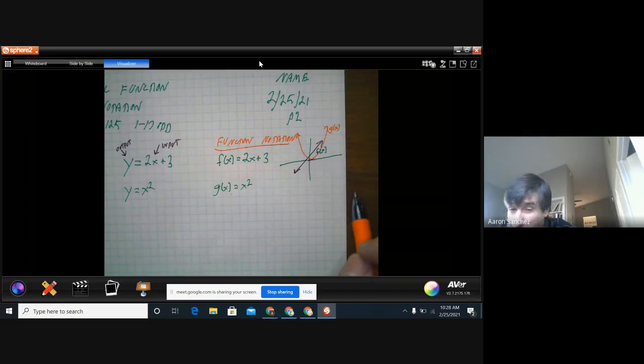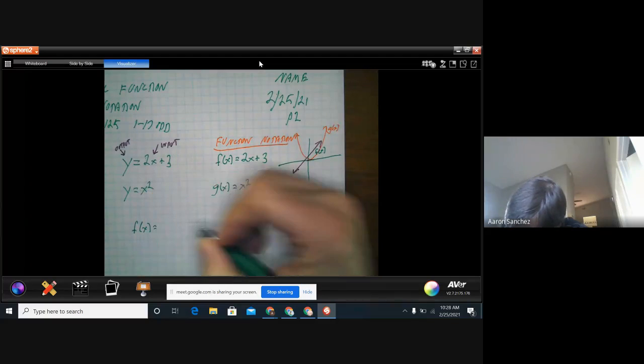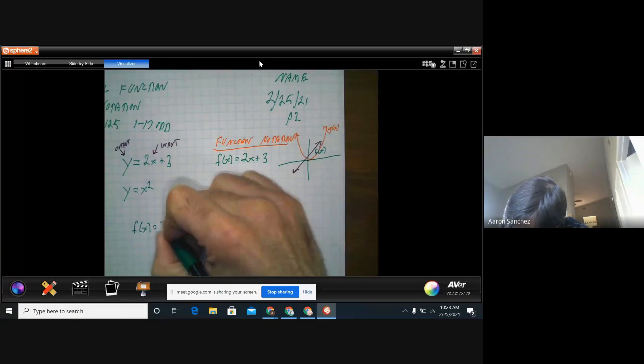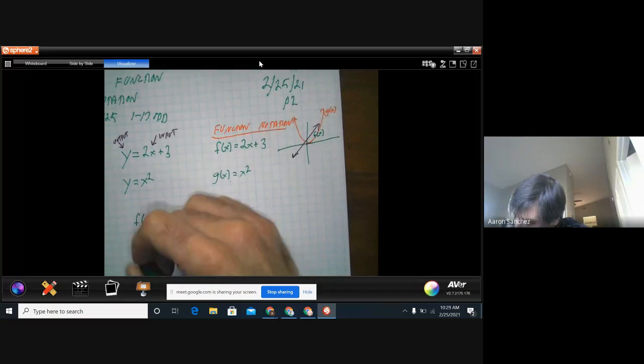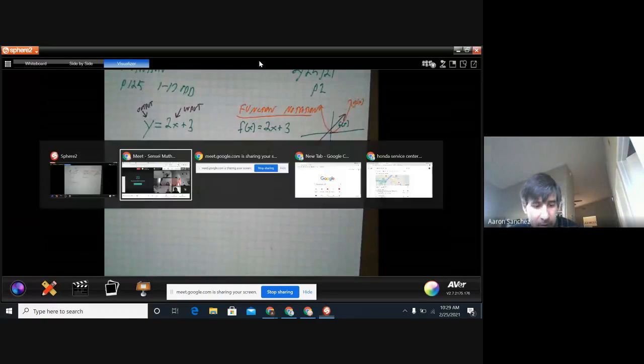The other thing we use function notation with is, I can go like f of x equals 2x plus 3. And what I can do is instead of writing f of x,